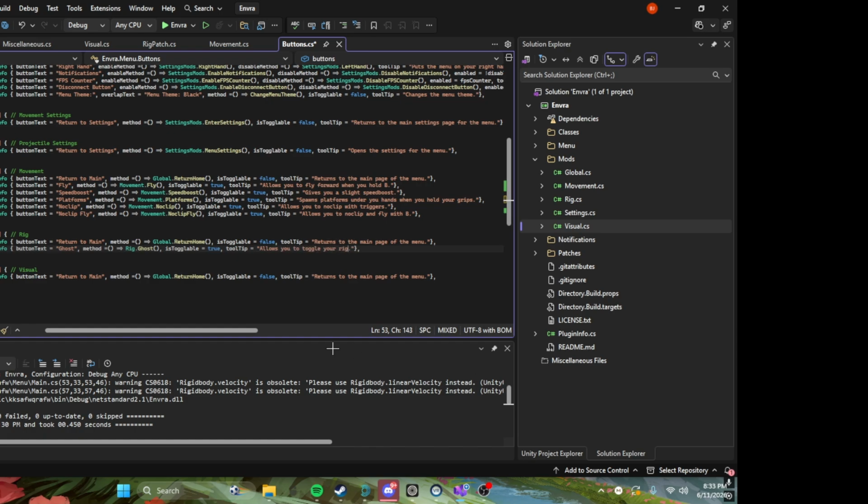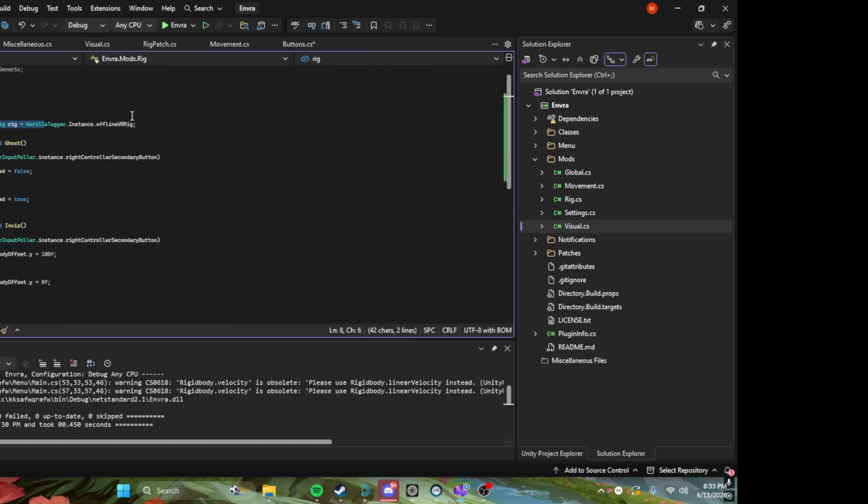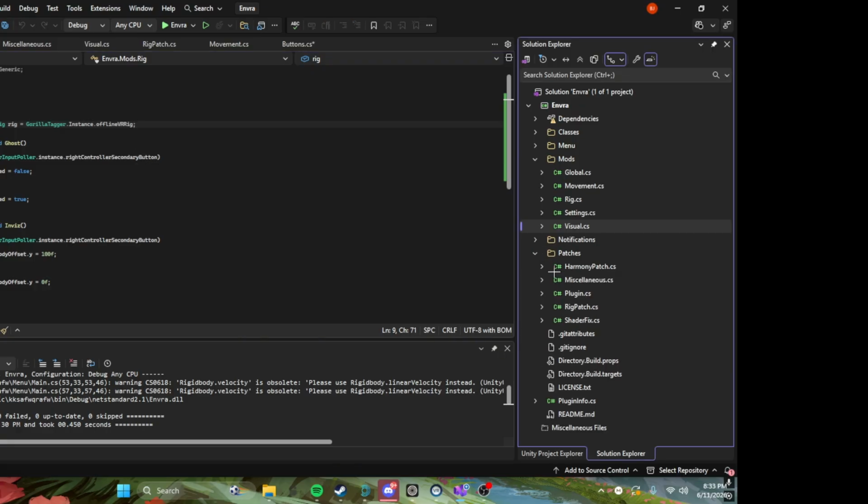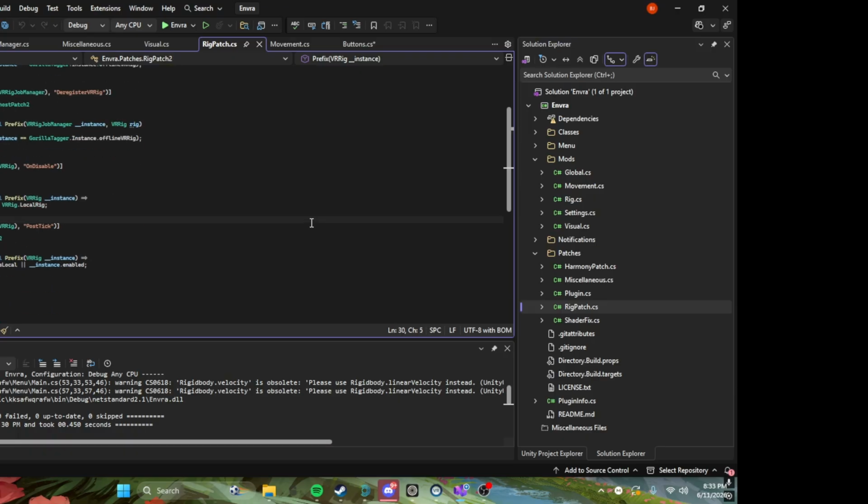Honestly, I'm pretty sure both the mods, Ghost and Invis, maybe Invis might work, but I think Gorilla Tag a while ago had actually patched using Gorilla Tag offline rig. So I'm probably gonna have to look through the stuff, and I'm probably gonna have to make a patch for Ghost. Wait, no, isn't there already a patch? Wait, patch plugin rig patch. There is. Okay, in the description of the video, I'm gonna put down